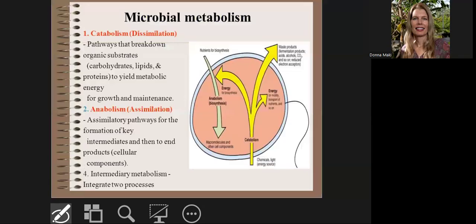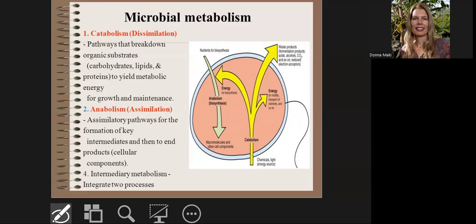When you think about what microbes are doing in their different habitats, there are two big concepts: catabolism and anabolism. Catabolism is the idea of breaking things down. That's what we've been focusing on when we studied the physiology of microbes. We looked at how they take in food and break it down, mainly for the production of ATP. They're looking at keeping their ATP levels high.